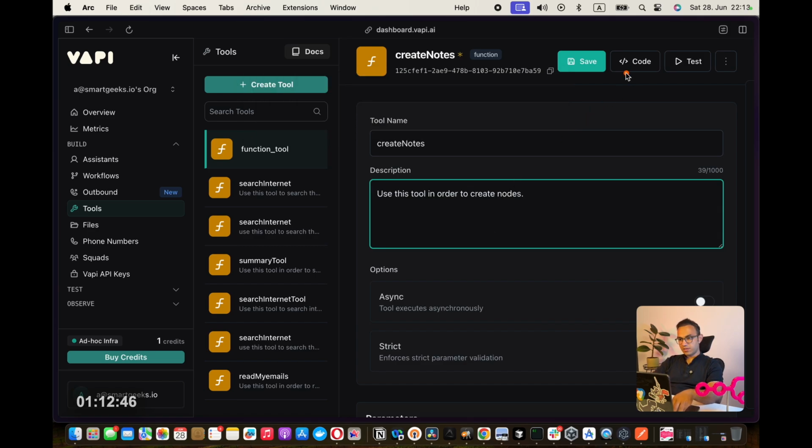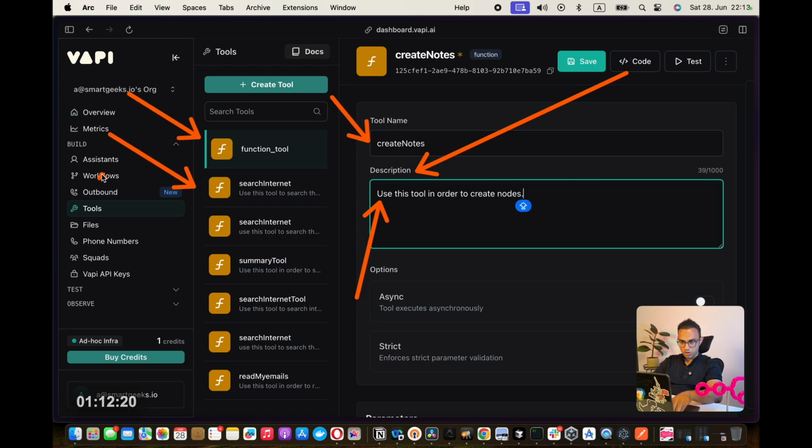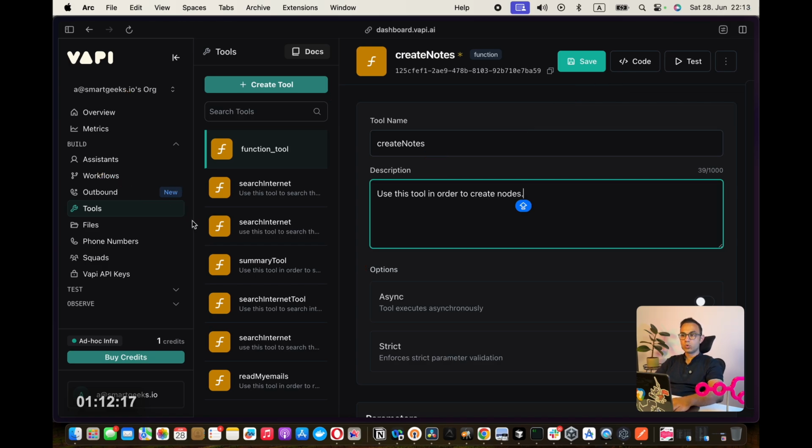What is this? I think the best name for this title is not description, it's a tiny prompt, because this text is a piece of information that the LLM sitting inside Vapi uses in order to distinguish which tool to use. Because you can see there are so many tools here. How does Samantha know which tool to use for what purpose? It is based on this description. An LLM uses that information in order to distinguish which tool she should use.